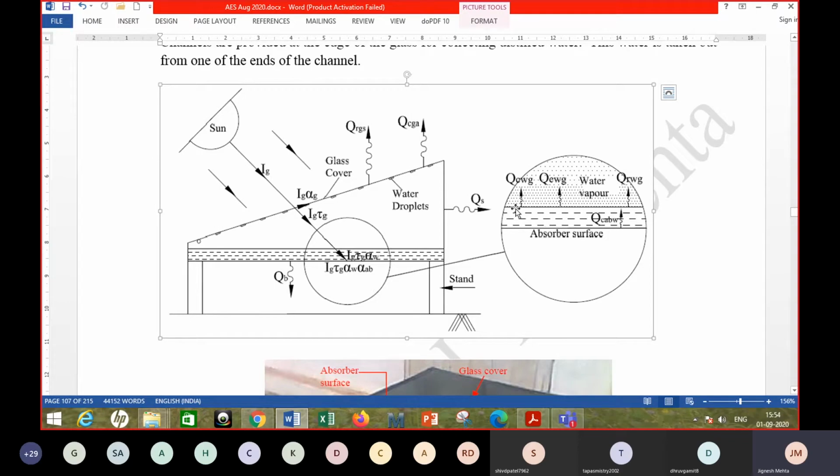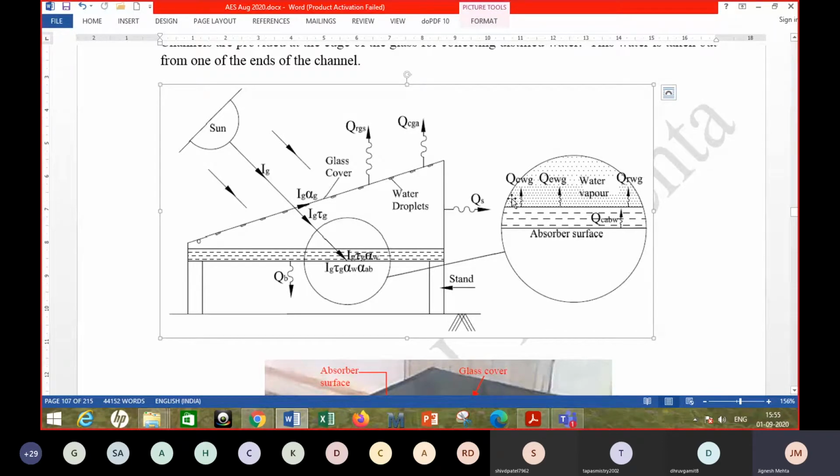Okay, then we are focusing more on heat transfer between the water body, or rather the top surface of water, and the glass cover, right? That's the most important phenomenon, which is responsible for getting you the condensate or distilled water on the surface of glass. You can see there are three ways in which heat is transferred from the surface of water to glass. This is QC, that is convective, water to glass, WG. Then this is QE. E is for evaporation, water and glass.